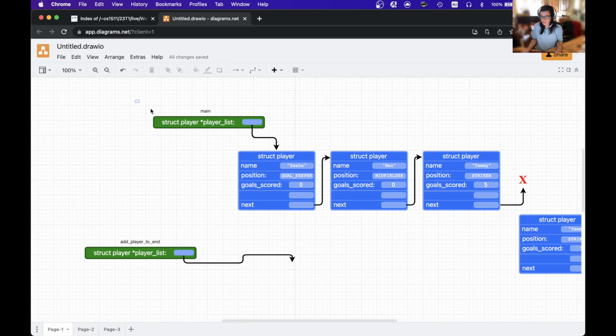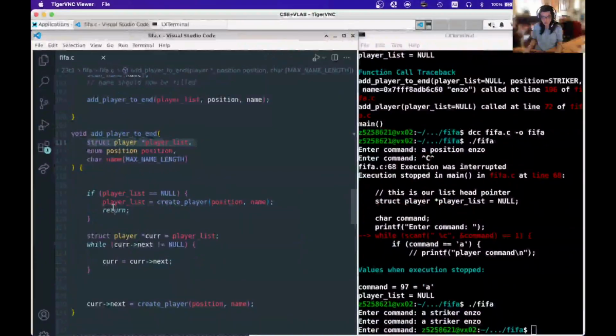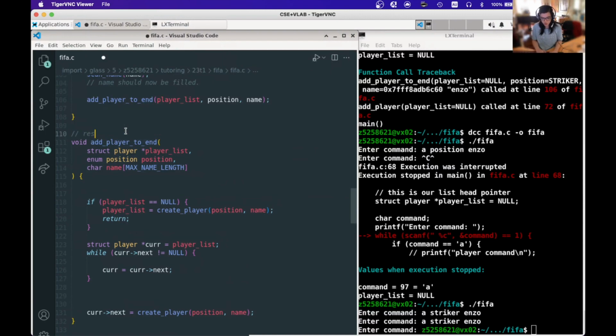Our main function still thinks the head of the list is here, even if we move it to point somewhere else. And that's exactly what we're doing in this case. In this case here, we're saying, oh, the list was empty, so let's change the head of the list from pointing to null to pointing at our new node. Now, the easiest way to fix this is just to make our functions return